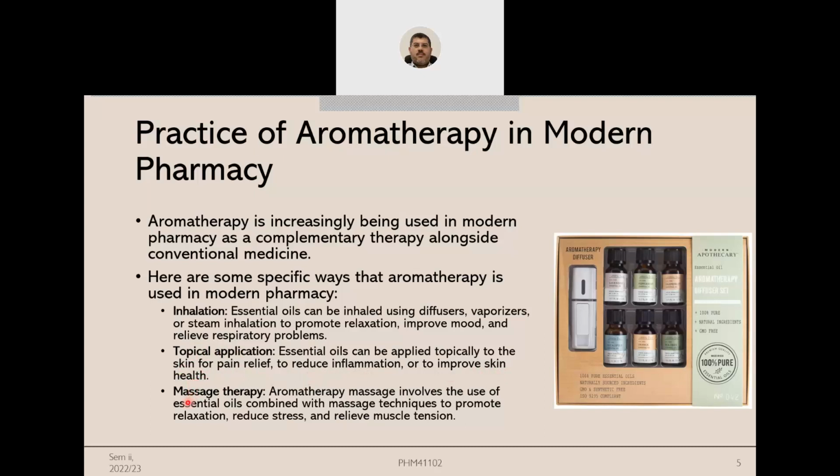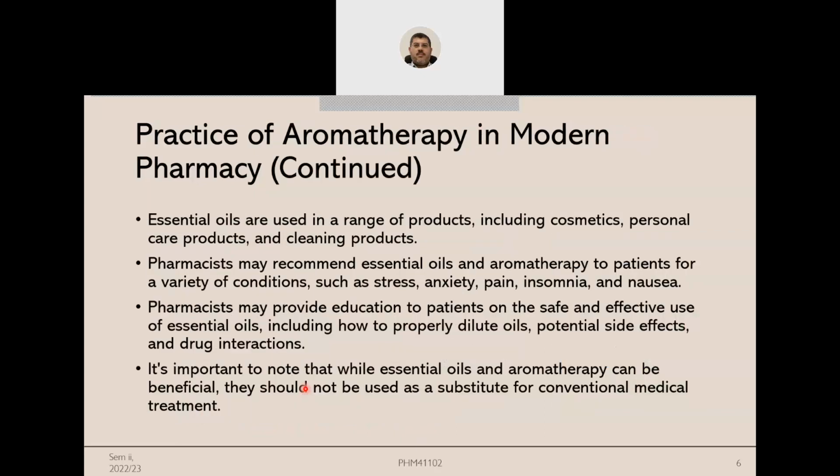And the third modality, the third method, is massage therapy. So aroma massage involves the use of essential oils combined with massage techniques to promote relaxation, reduce stress, and relieve muscle tension. Usually, the essential oil is not being used alone, but is added to a type of carrier oil, we call it, and then this will be used in massage. Okay,